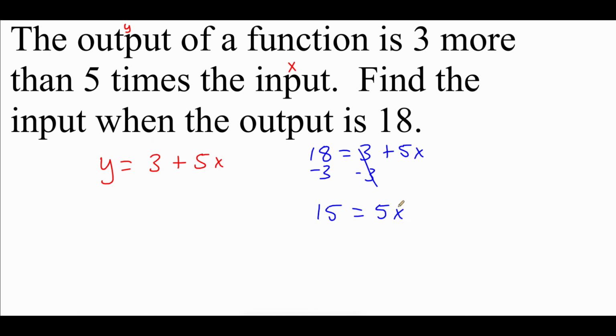On the right-hand side, that positive 3 and negative 3 are canceling each other out, leaving me with just that 5x. Now, in order to get x alone, I have to get rid of this times 5, so I'm going to divide both sides by 5. On the left-hand side, 15 divided by 5 is 3, and on the right-hand side, we get just our x value. So we were asked to find the input when the output was 18, so the input value, or the x